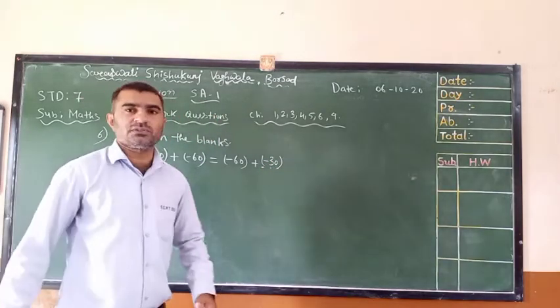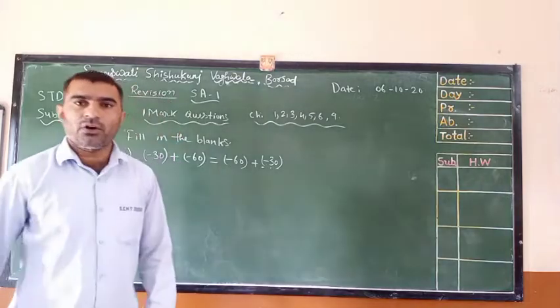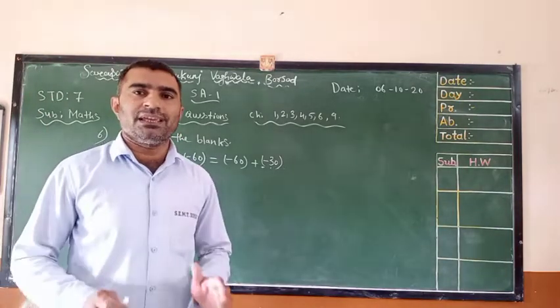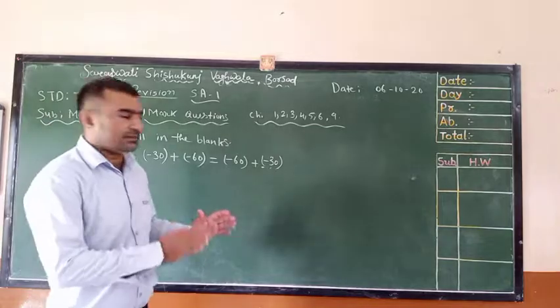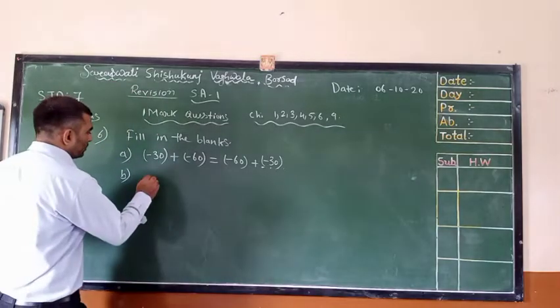And this property is known as the commutative property. According to the commutative property, we can change the place. Right? Now the next question is,